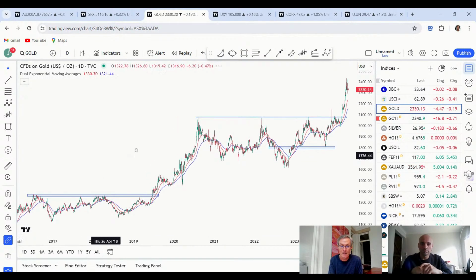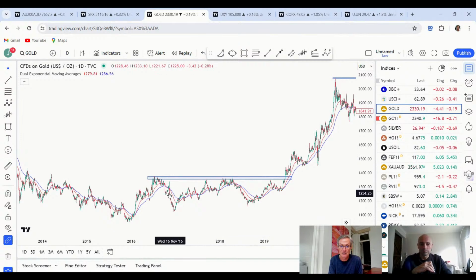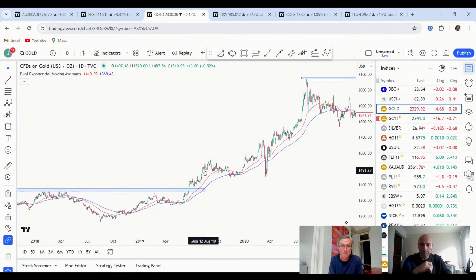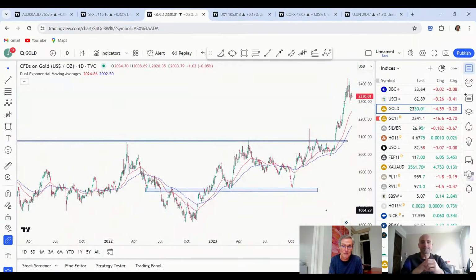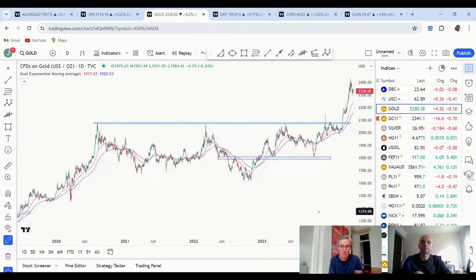And you look at this previous big range that gold broke out from in late 2019, not dissimilar to the current range in that we had a large sideways period, had a breakout, had an initial strong move, and then look at this period which followed a little bit after. That's a 3-month consolidation. 3 months of pulling back towards the 50 and then the 100-day moving average. So that shouldn't be used as a roadmap for what's going to happen now,